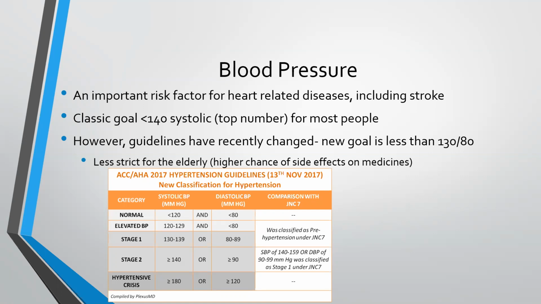So I generally don't get as strict, but this little graphic shows what we consider stage 1, stage 2, and something that's serious. When patients call me saying, my blood pressure is too high, I'm worried, if they tell me that their blood pressure, for example, is 160 over 90, I don't think they're about to have a stroke. Of course, I want it to be lowered, but we don't have to do anything emergently.